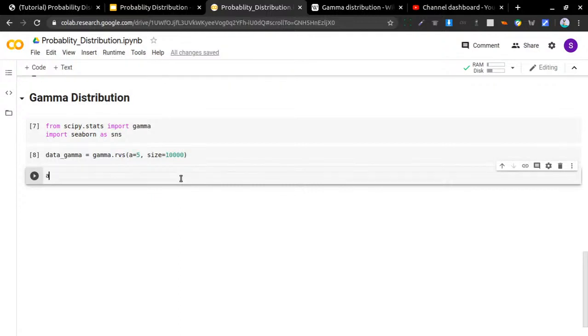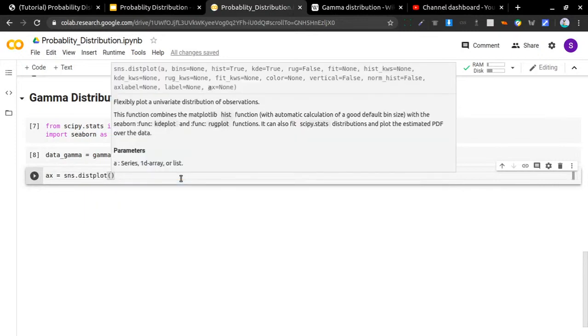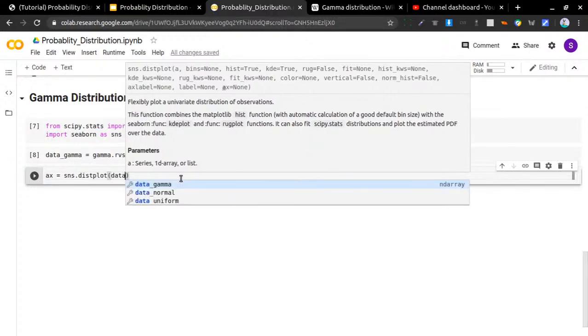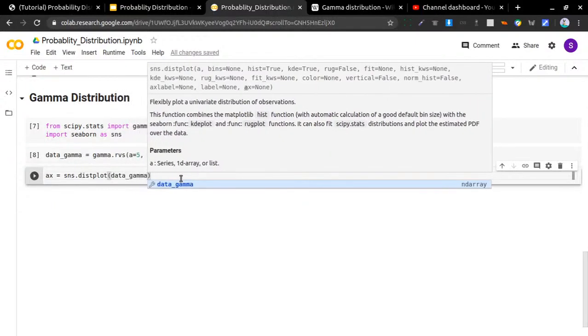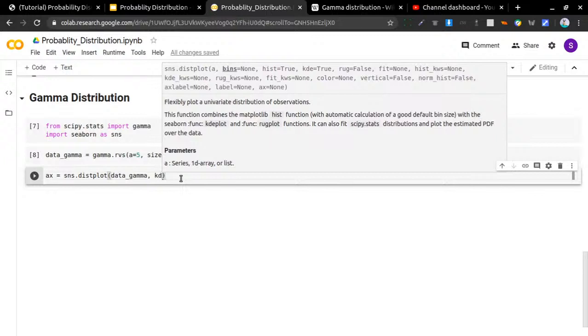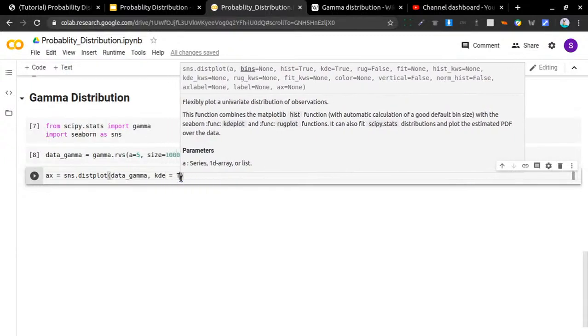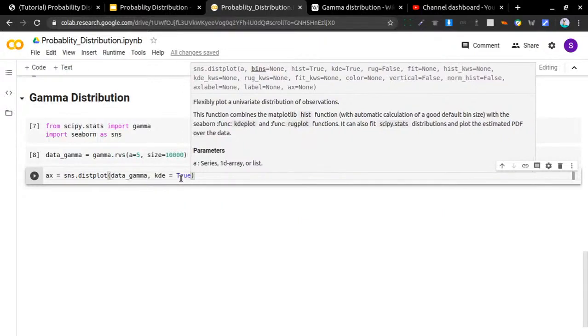Next we will make one variable, and in that variable we call the plot method of the Seaborn library, in which I am passing the randomly generated values. Then the second parameter kde, which is equal to a boolean value, that is True.